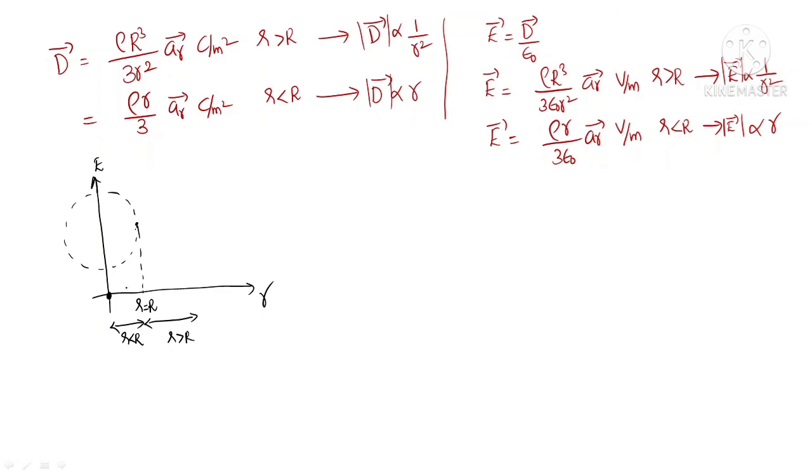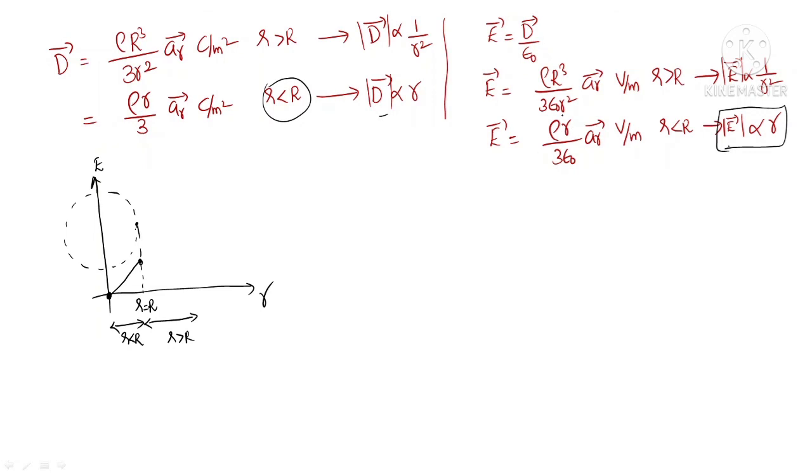Now let us plot the variation. So this is the variation because inside the spherical charge, the magnitude of D or magnitude of E is proportional to r. When it is proportional to r, the electric field will increase when the radius increases. Now exactly at this point you have the maximum value which will be reached. If you observe here, when you substitute small r is equal to capital R, r cube by r square gets cancelled. It is rho by 3, sorry, rho into capital R by 3. Here also rho into capital R by 3.